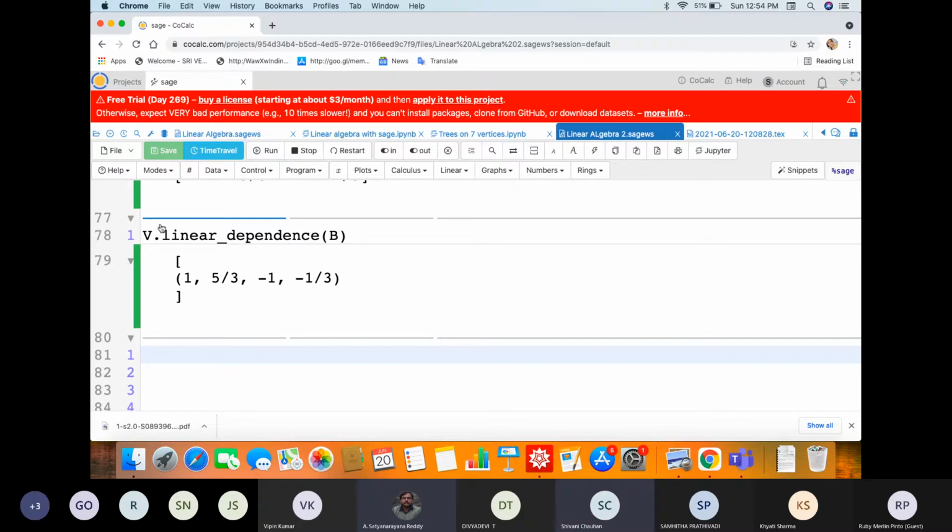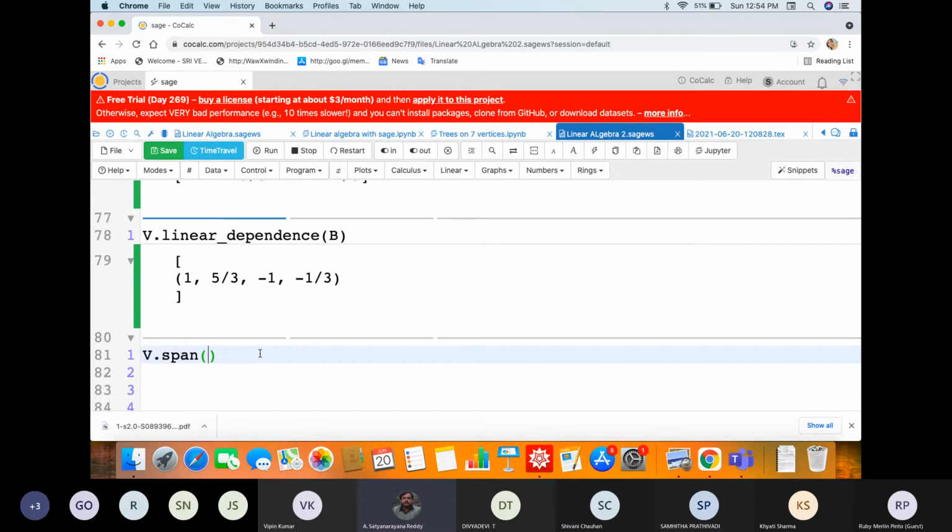Capital V is our vector space, and that vector space only it is checking. Now I want to check whether these span the entire V or not. So the answer has to come false, right?